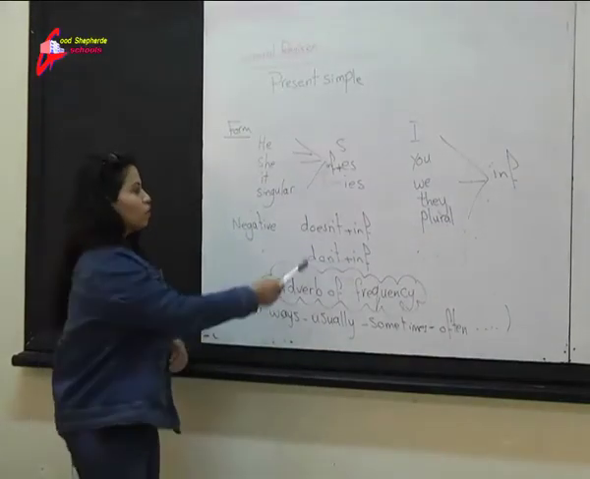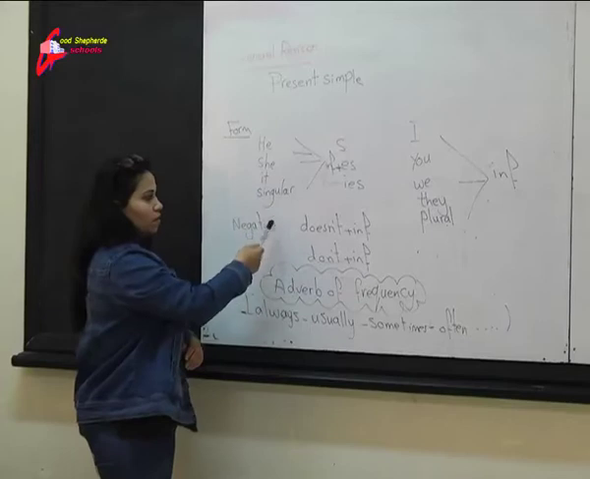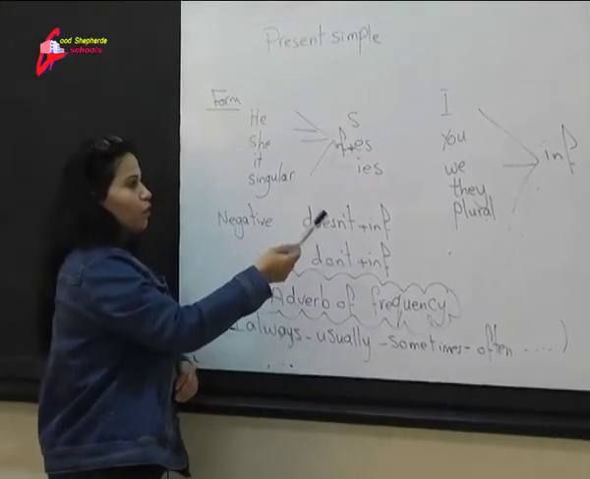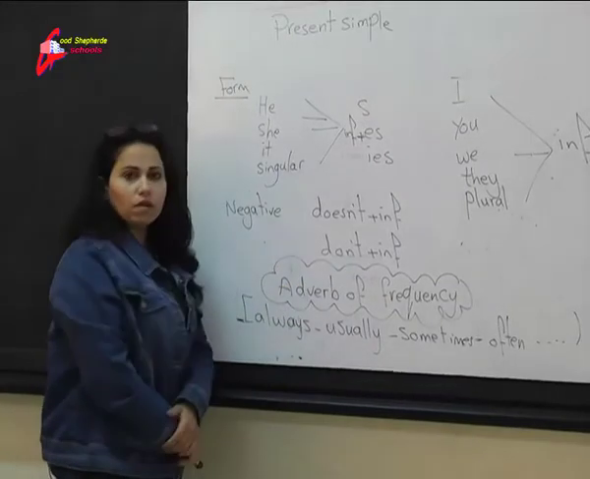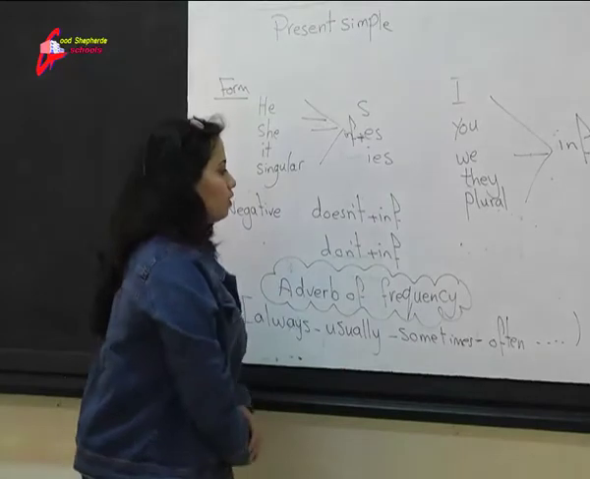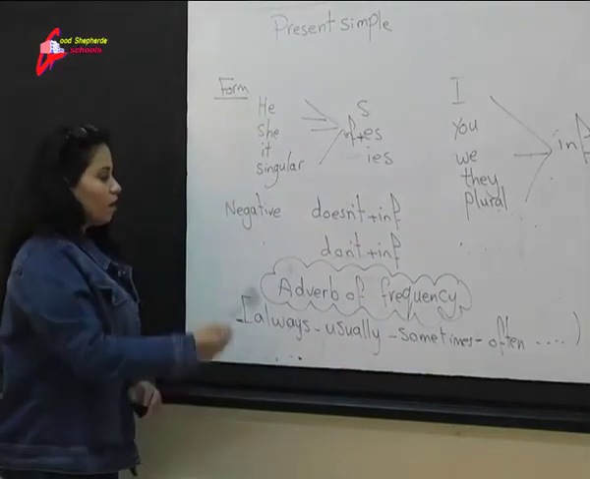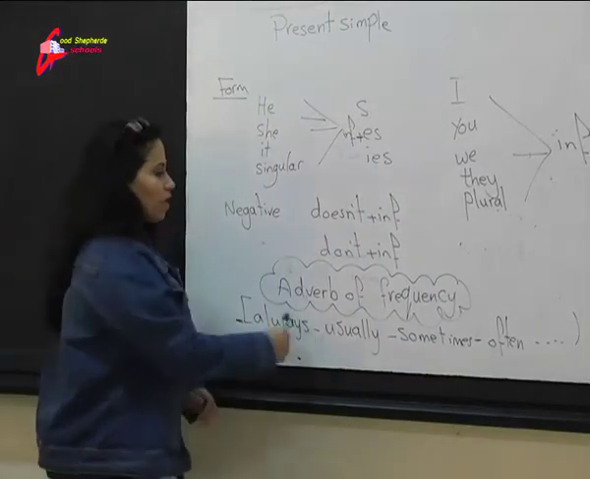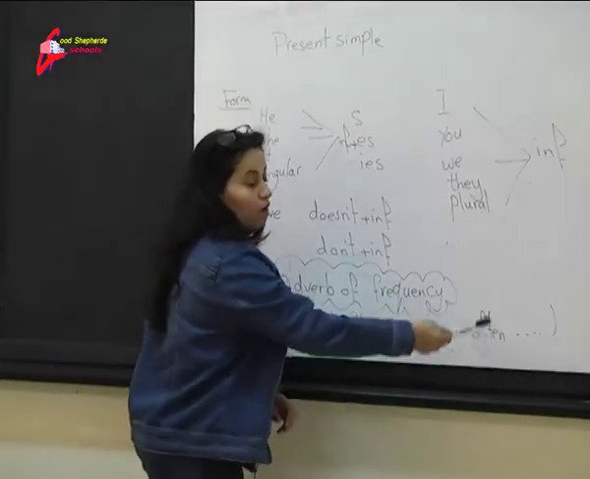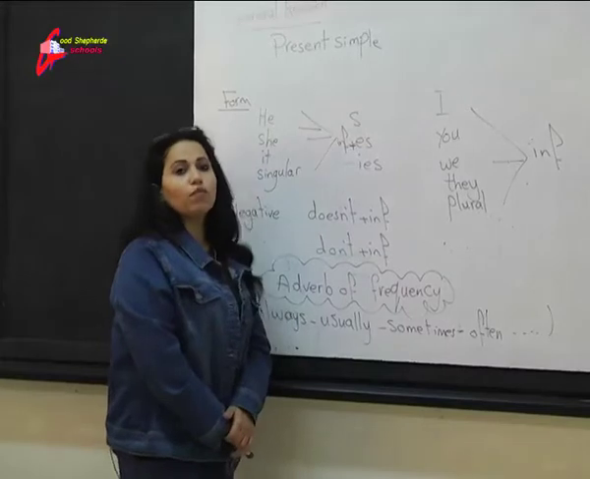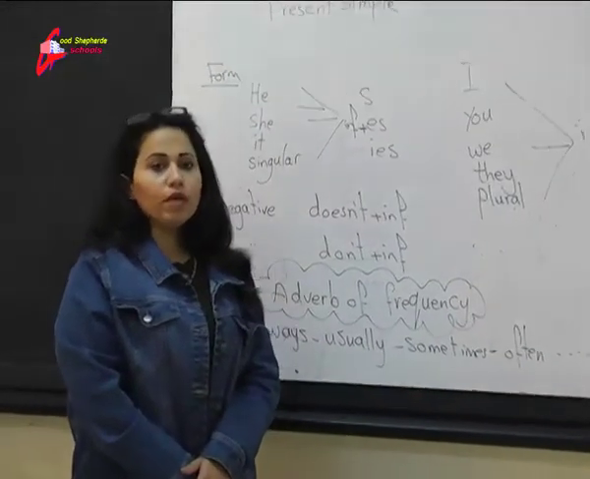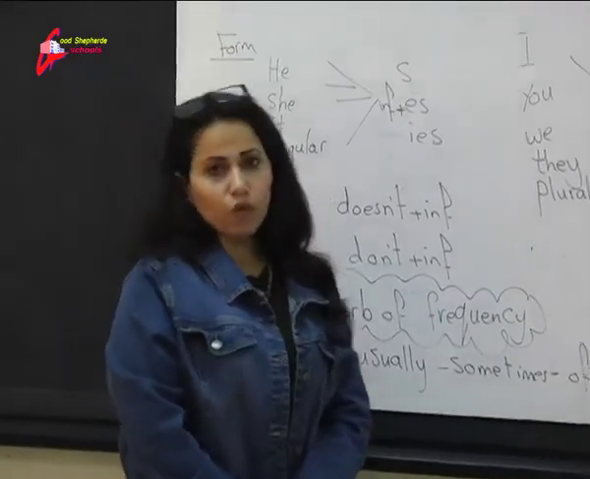In negative, we use doesn't with he, she, it, like he doesn't play tennis. But with I, you, we, they, we use don't plus infinitive, like they don't eat pasta. Another thing we are going to revise is adverb of frequency, like always, usually, sometimes, often, and other words. We use it before the main verb, or after verb to be, or between the auxiliary and the main verb,